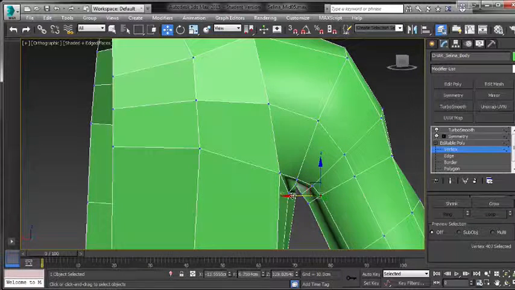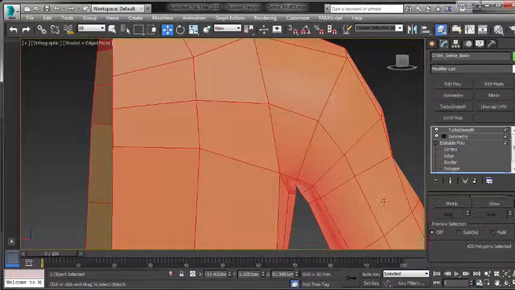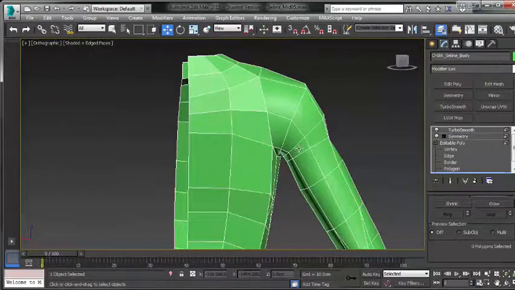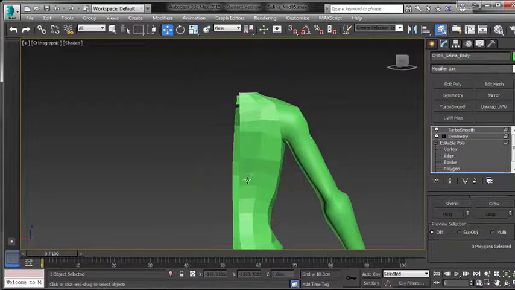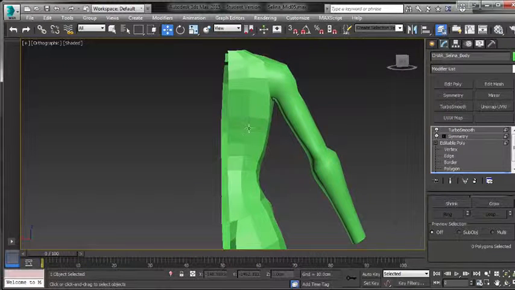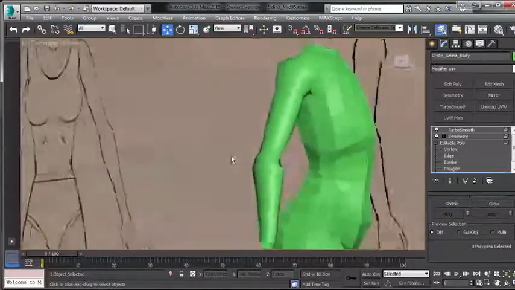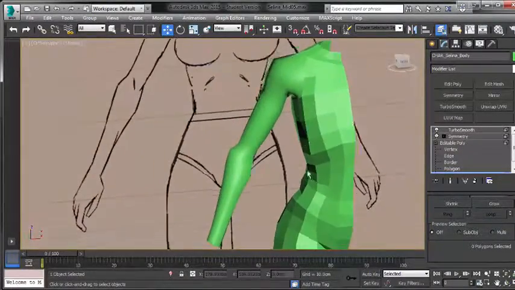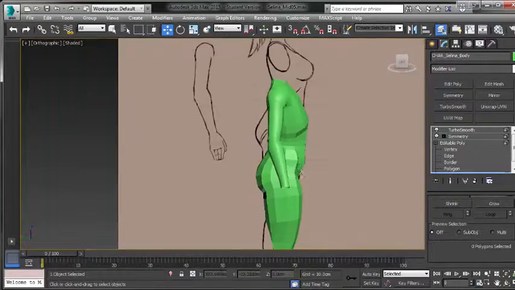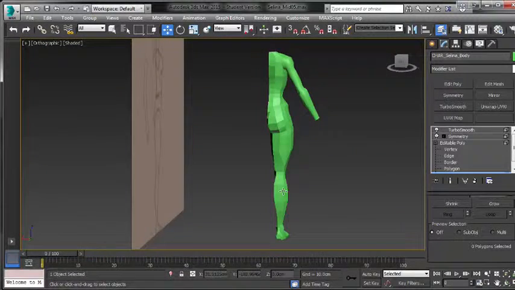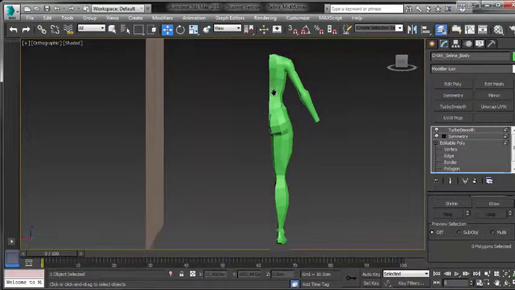Smoothing groups aren't all helping either, so what I'll do is we'll select the element. If I click off, I can actually show you this. You can see at the bottom we can see every face. It's all got a hard edge, and on the arm it's nice and smooth. This is due to smoothing group. So on the body, nearly every edge has its own smoothing group, and on the arm it's just one smoothing